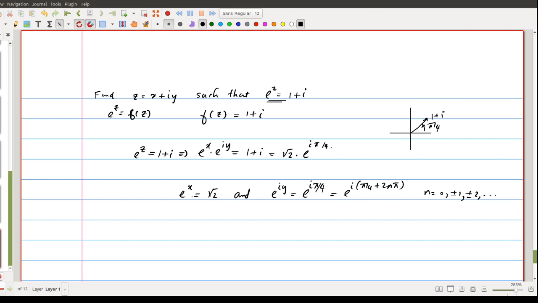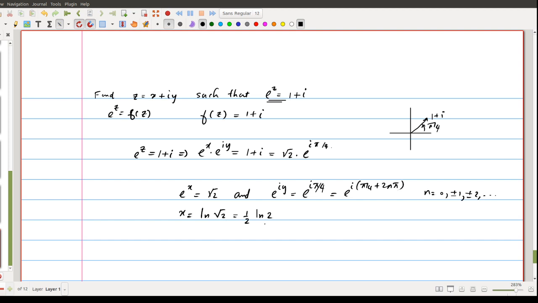And from this you can write e raised to x equal to root 2. We can write this x is obtained by taking the logarithm on both sides. So that is log root 2. Log root 2 is the same as 1 by 2 times log 2, because root 2 is 2 to the power 1 by 2, so this x is nothing but 1 by 2